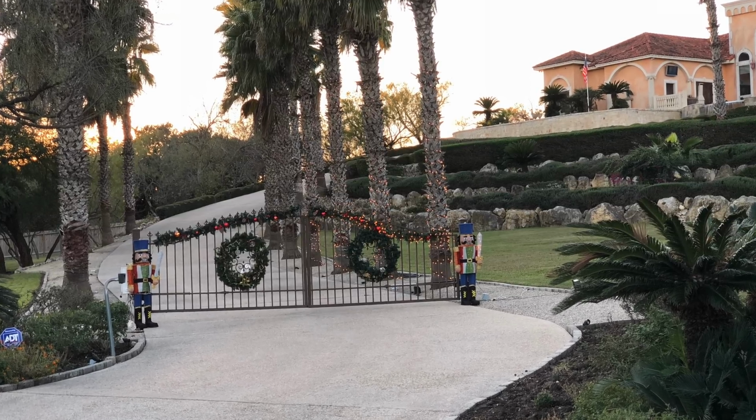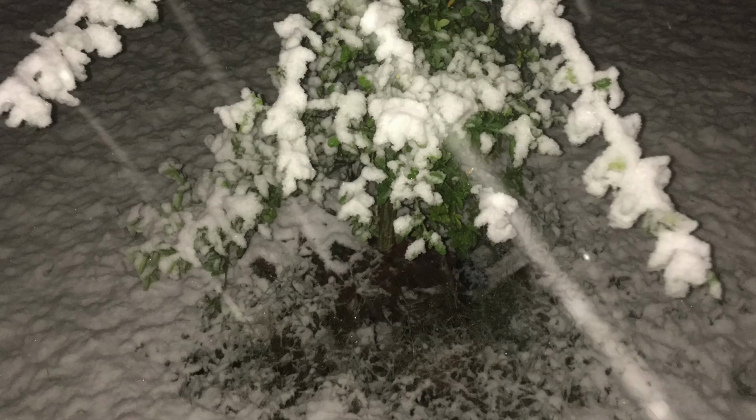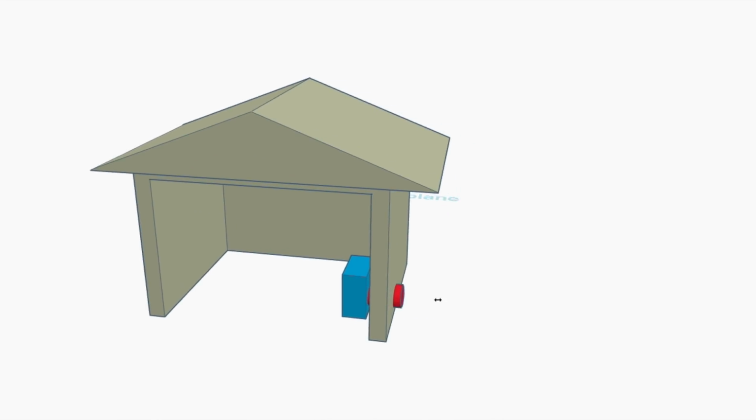If you live in Texas or any hot climate, this may be a more familiar picture to you than this picture. Despite recent cool fronts here in Texas, it's pretty hot, and so what we normally do is we put an AC unit inside our mining room, whatever that happens to be, and that AC unit just sucks the hot air from the room, runs it through some coils, and tries to expel the heat out the back side through the ventilation, and usually out a window or maybe a vent hole that you've put inside the